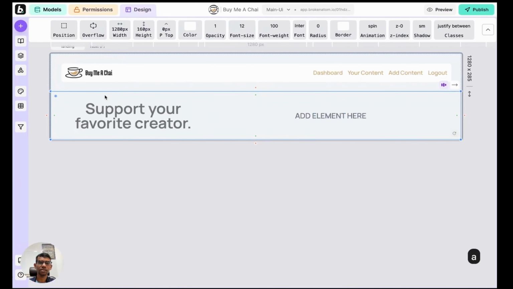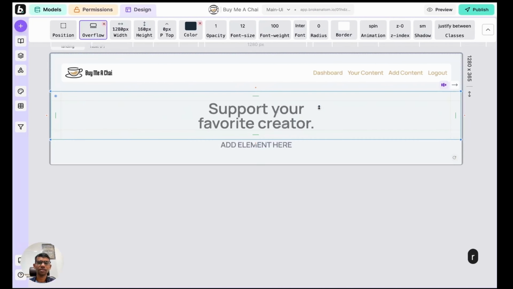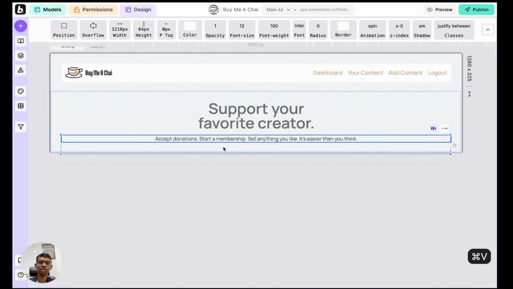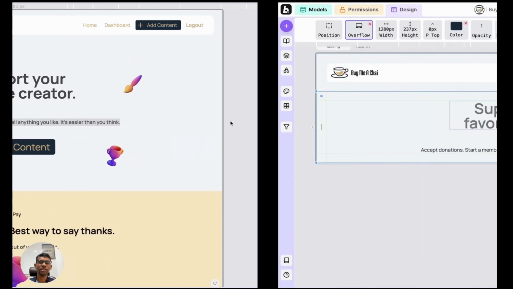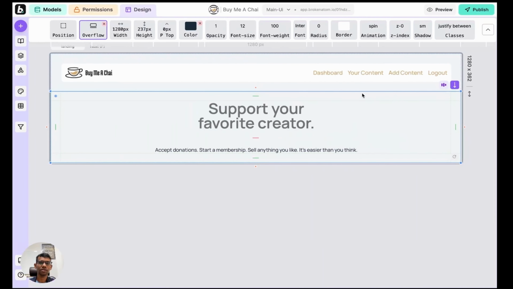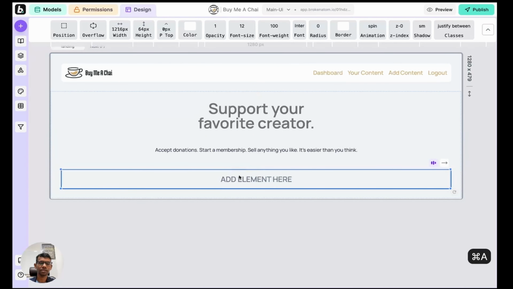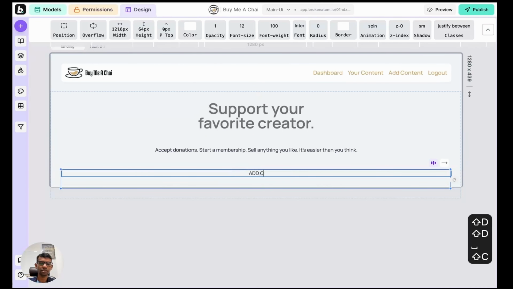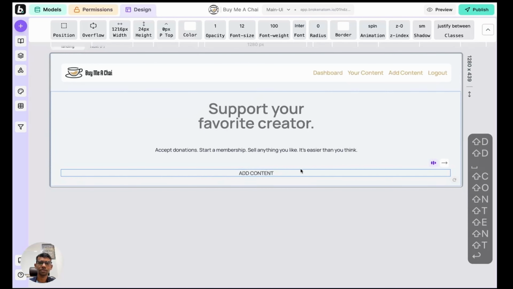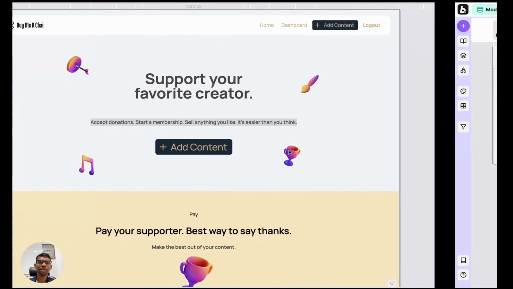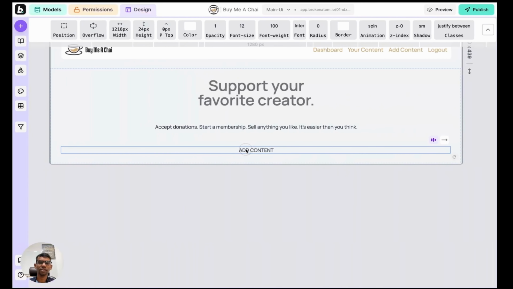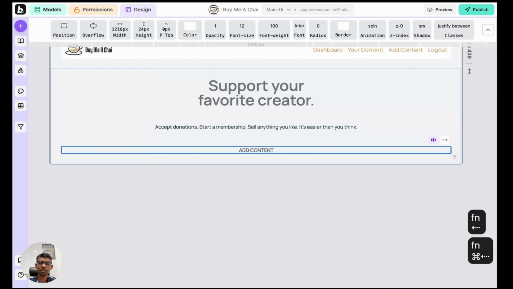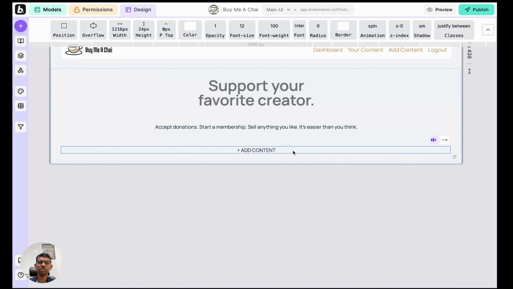Okay, then we need to write this small text here: accept donations, start a membership, sell anything. And to create this, I'll just add one more item here, and again we have to put here and then paste that. Now of course we want a little gap between them, and then the last one would be add content. So I'll be doing add content here, and we want it to have the primary color. There's a plus icon. I can just write plus in the beginning, and then in order to get the primary color,